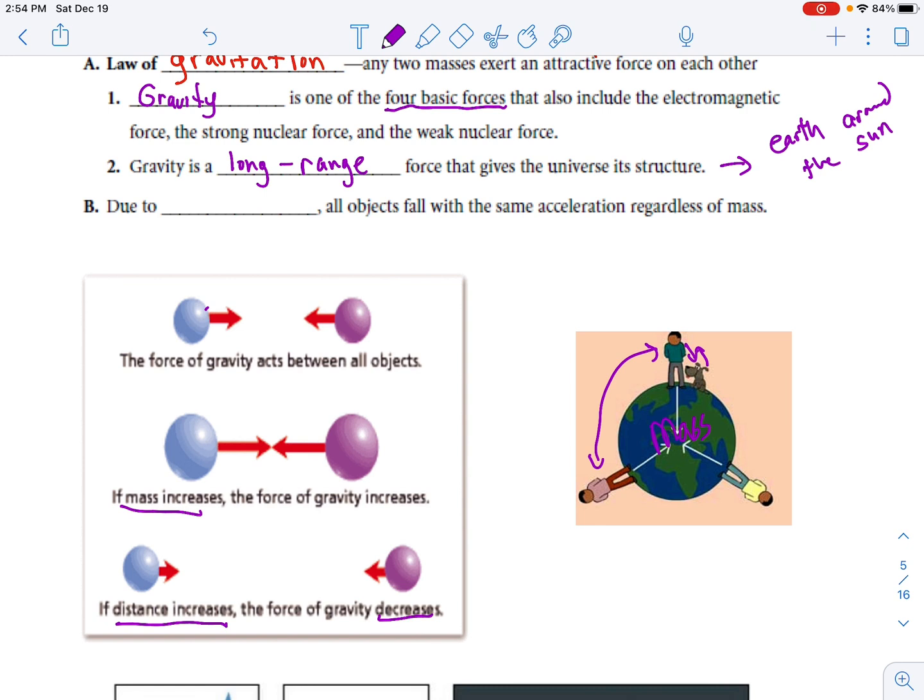Okay, so this letter B here, due to the mass of things,